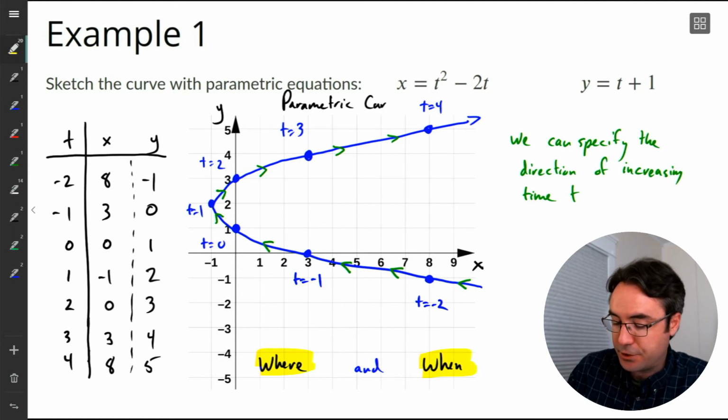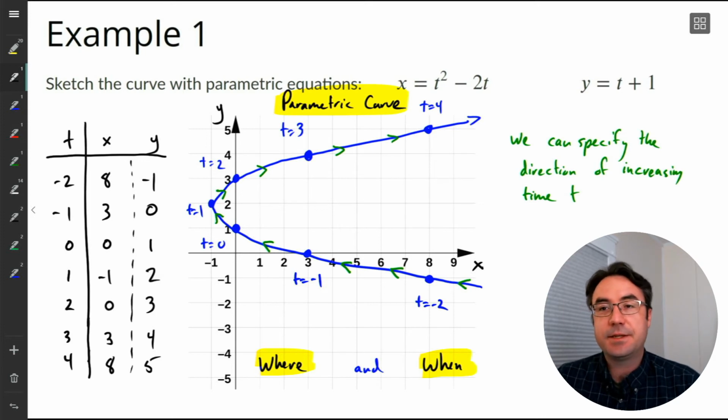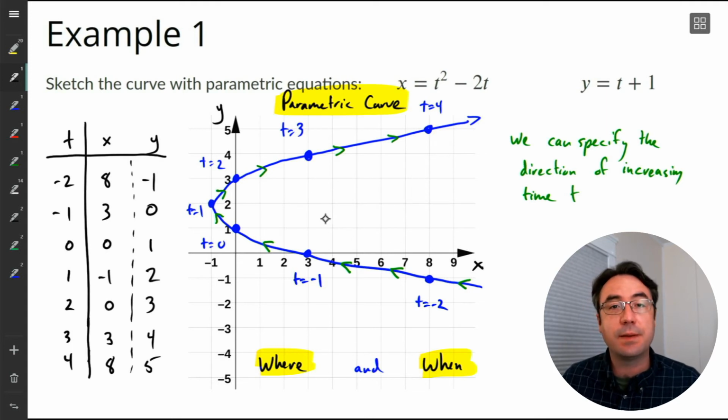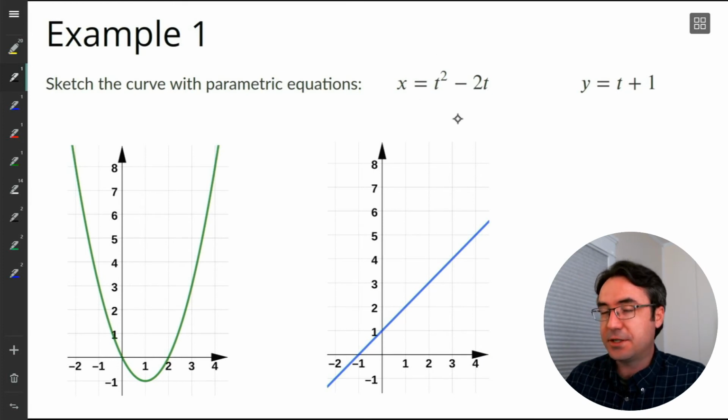So this was our parametric curve. And really what this does is it is giving us, just like we said, the location where we are on the XY plane, but it also has some kind of information about when we're at each of those points embedded in it. Now, if we think about just the x equation here,